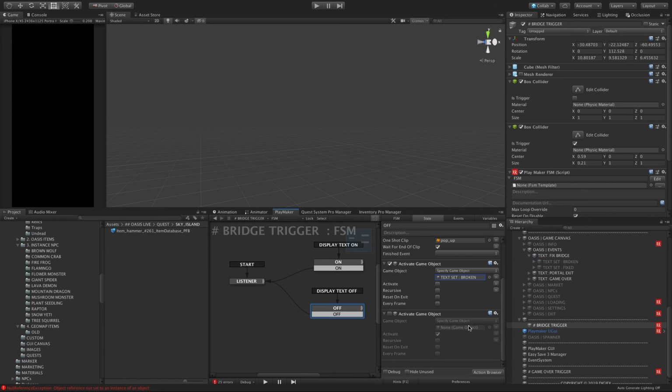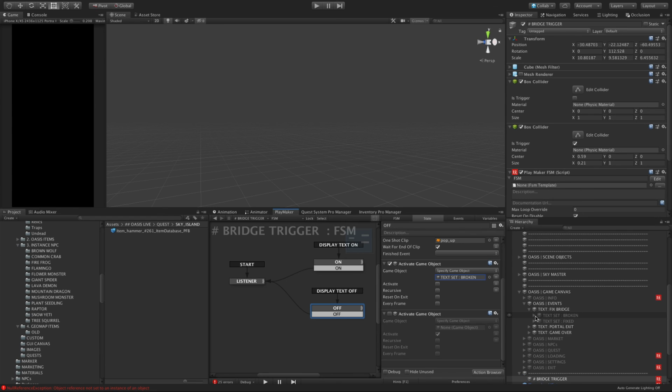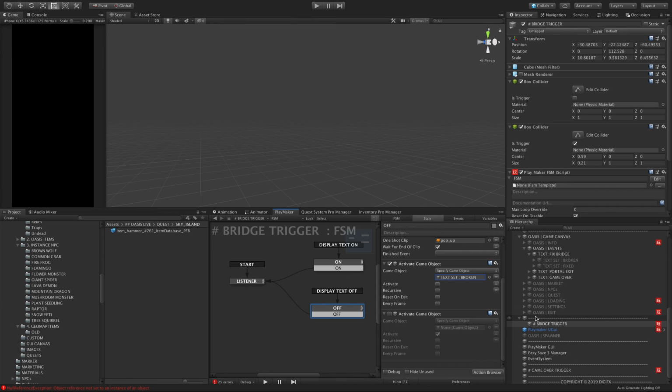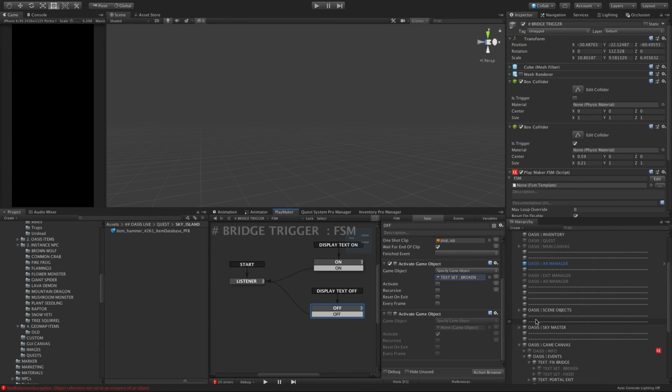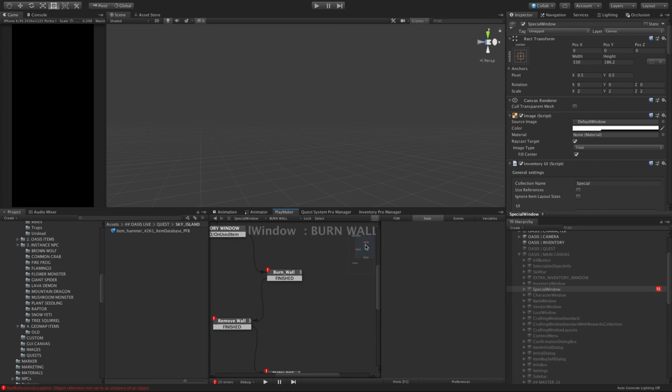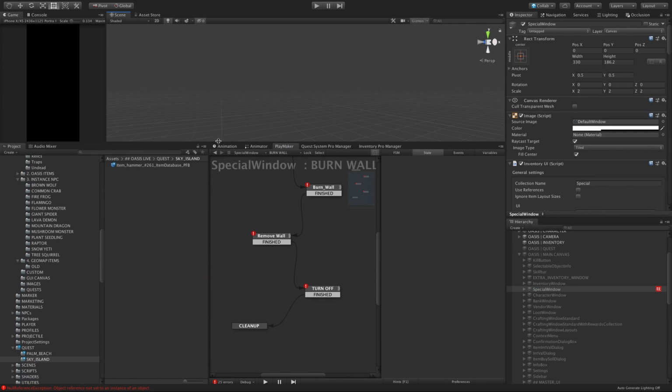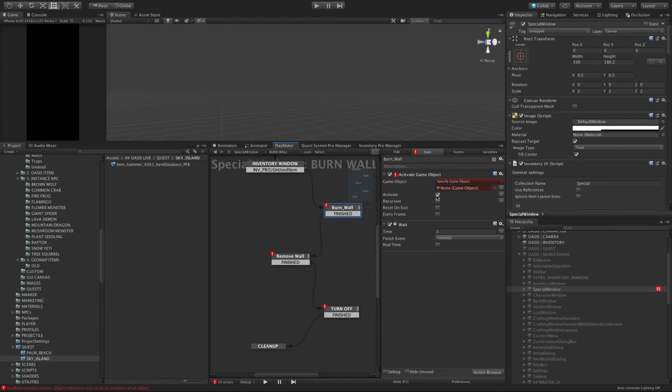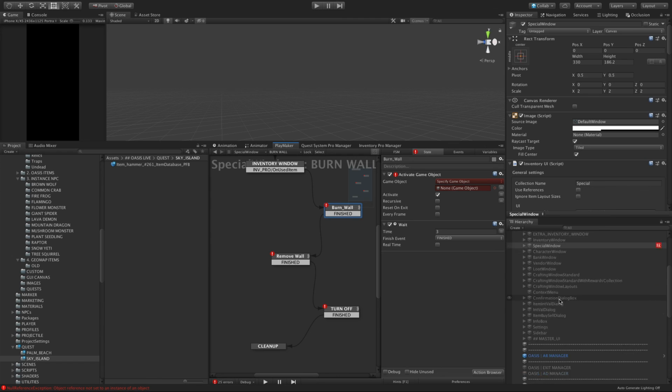And what we have to do now is we have to set up the FSM on the inventory item. Okay, so in main canvas, special window, you can see from the other level the things that are not working, or the things that need to be replaced. So this is where we activated the fire. So instead of the fire, we're going to do some kind of build animation there, which will be fun to